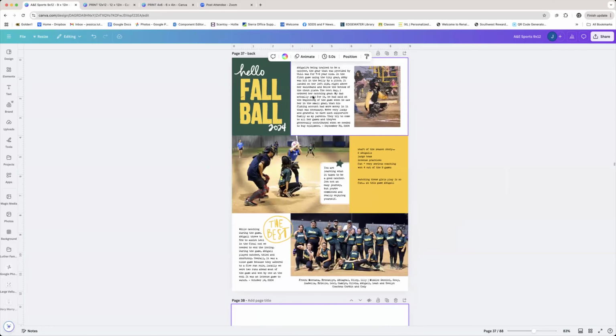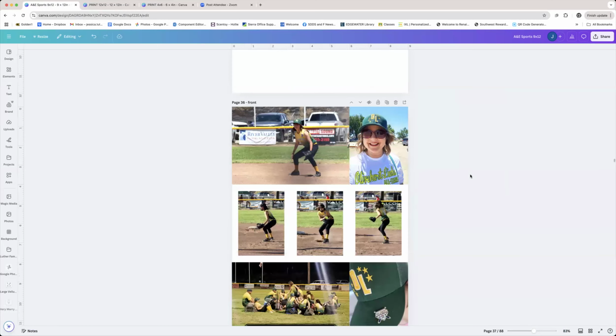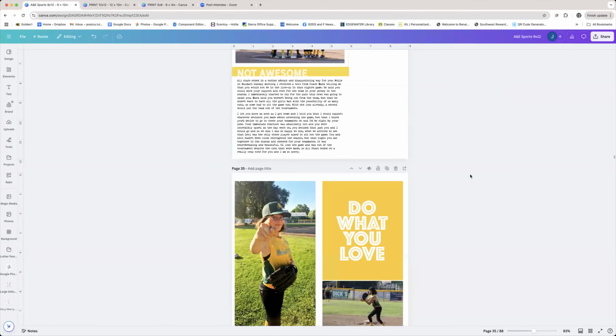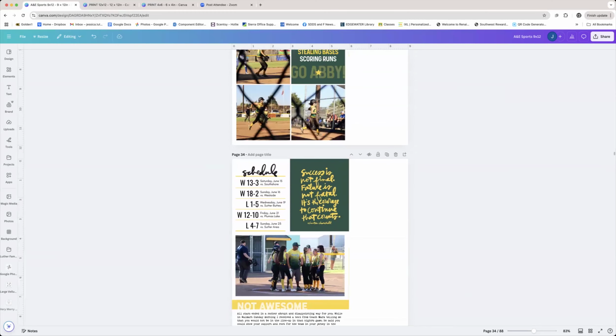Some of this is done. I printed this, I printed this, I printed everything except for this yellow box right here, because these are the things I want to talk about in this yellow box, but I haven't formatted them. I haven't actually written the real words that are going to print. I just made myself some notes. I want to talk about how there were 2 Abigails on the team. It was a large team, intense practices. They won 4 out of 9 of their games, things like that. So I just made myself some notes here so that when I have a couple minutes or my brain thinks about, oh, this is what I want to write, I will pop into the file and add the story right there. Okay, so this is where I'm at, and there's still a lot to do, and that's okay.